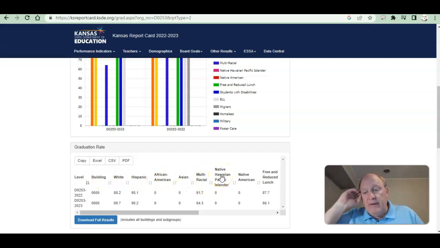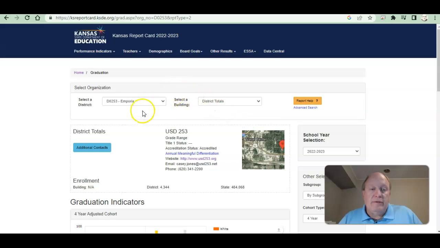So when you talk about the demographics of your district and you talk about graduation rate, you really want to talk about how your subgroups are doing. So you can do that. Then there's also, if you go back,